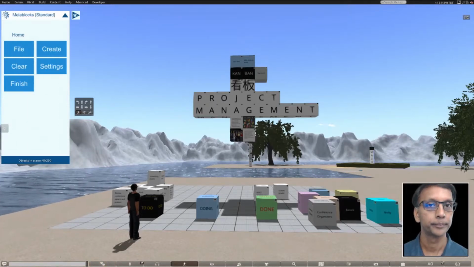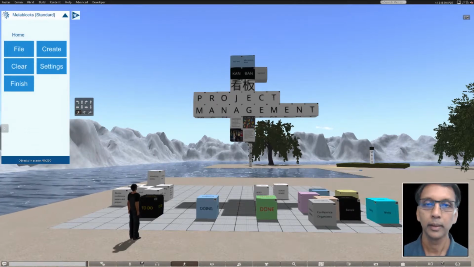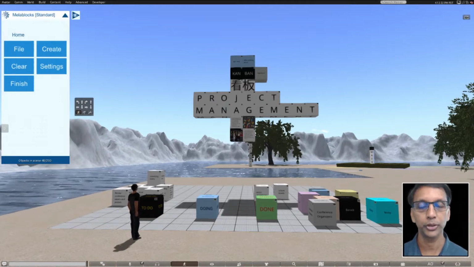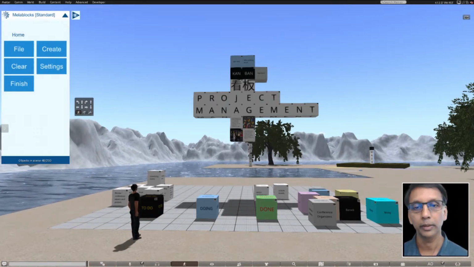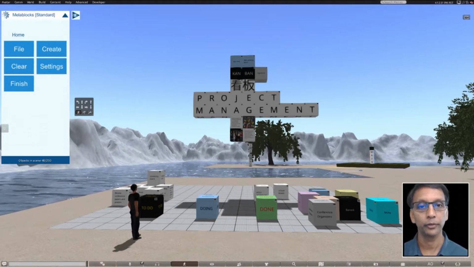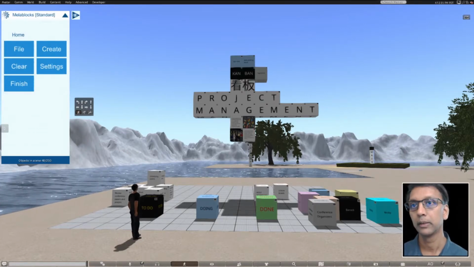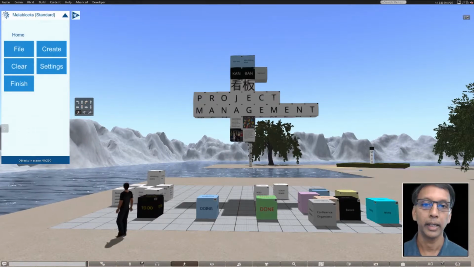Hello there. In my last episode, I talked about Melablocks. Melablocks is an application that was produced using the RezMela system. I talked about the need for creating applications in 3D virtual environments like this one, where you have an avatar that can move around in a 3D space, and